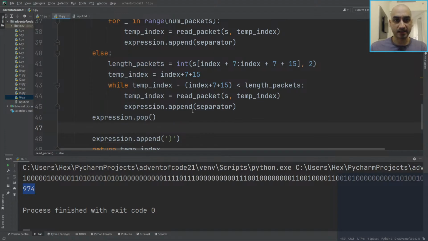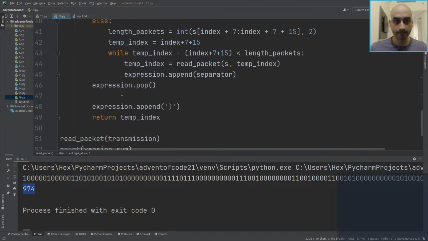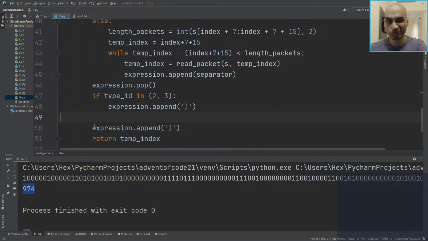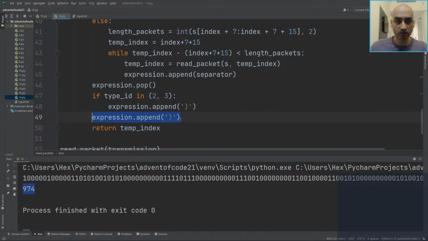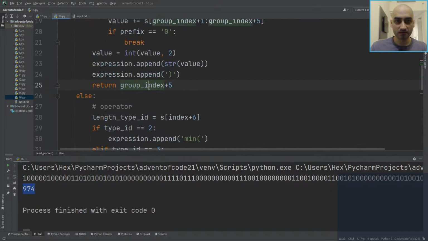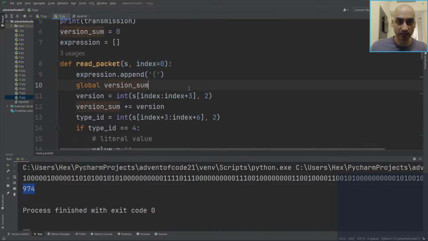Then we have to add the ending characters, which is only going to be the close brackets like this. If type ID in 2, 3, expression.add that, and then we add the final close brackets. Okay, in a way, I'm starting to think this might have even been more complicated than just actually doing it without eval. Anyway,